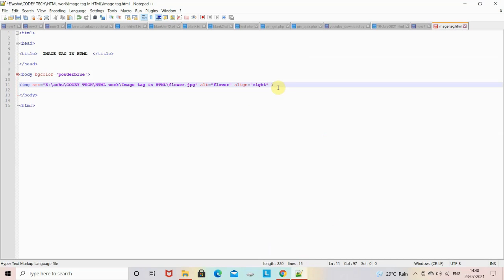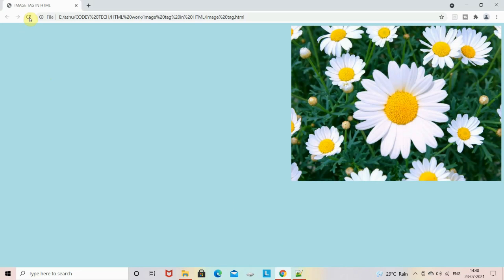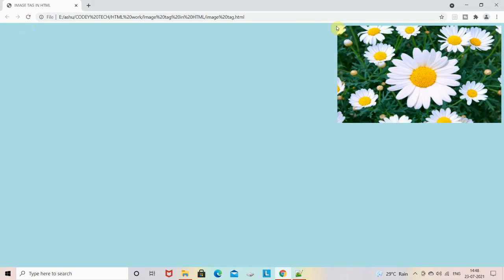Now the other attributes are the height and width attributes. Basically with these you can specify the height and width. For example, I have mentioned the height as 300 and width as 500. I will save this document and display. Now you can see there is a slight change in the height and width of the image.